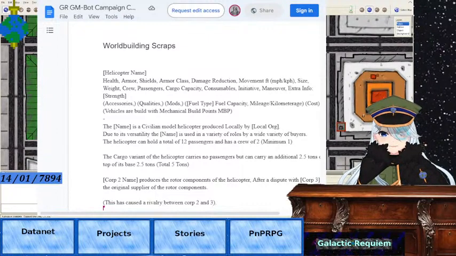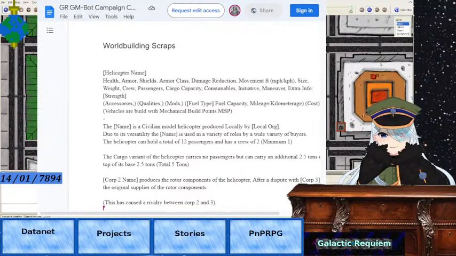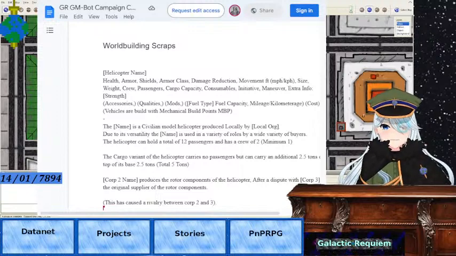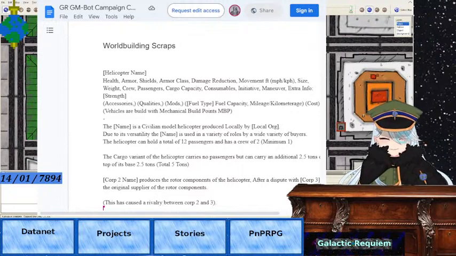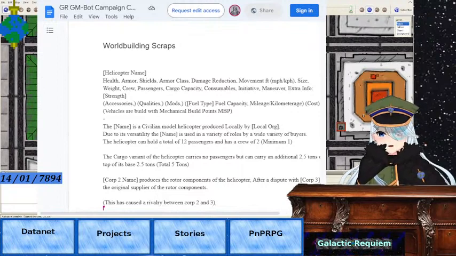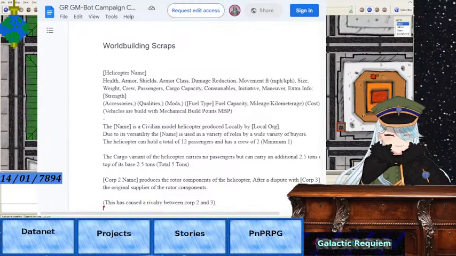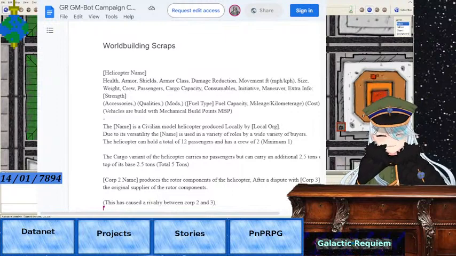Let's see here. Let's scroll down a little bit, I suppose. What part should we work on of this thing? We could always stat it, but I don't think we're really working on statting here today. We're talking about details. One thing we could do is not focus on any one topic. We could just throw down